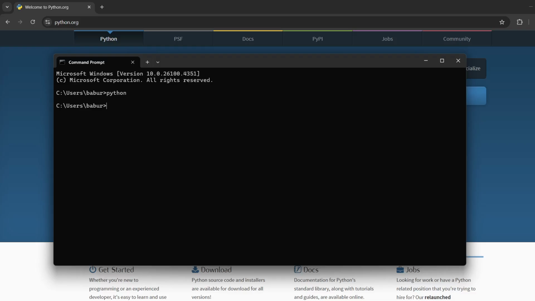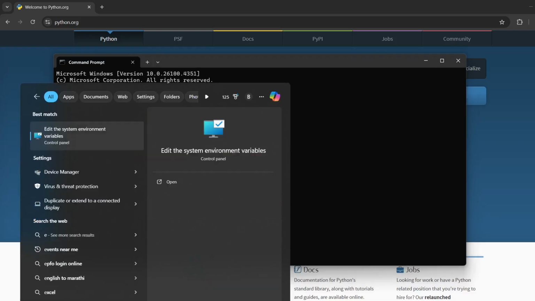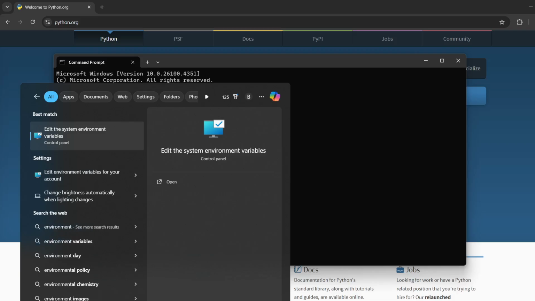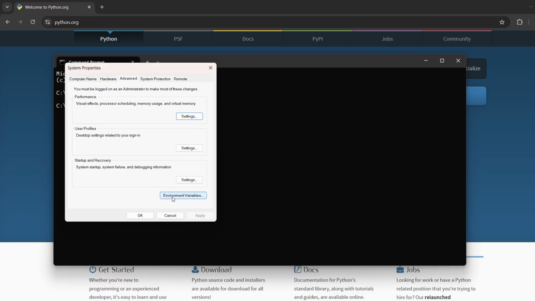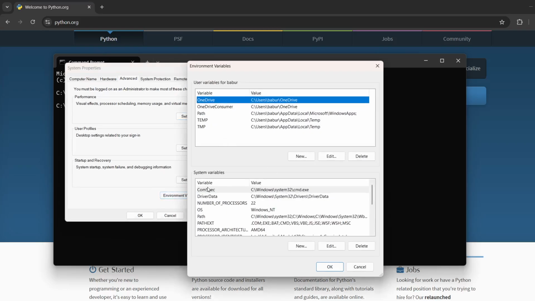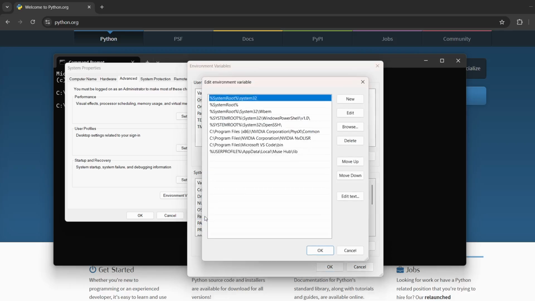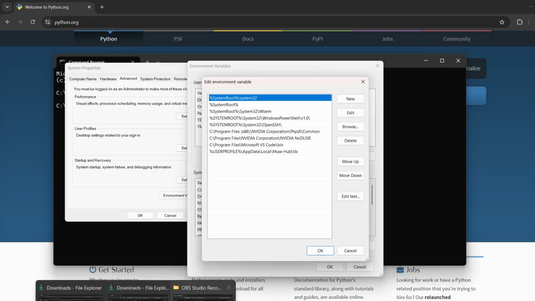On a Windows laptop it is very easy. You get to environment variables, search for environment variables, click on environment variables here, and you will see that there is a PATH variable. There are several entries listed here. We need to create one entry for Python. We know where Python is installed. It is in